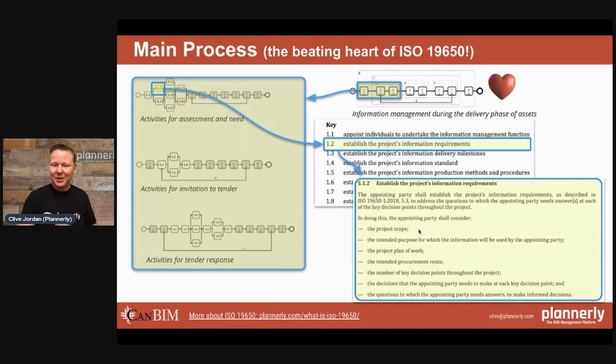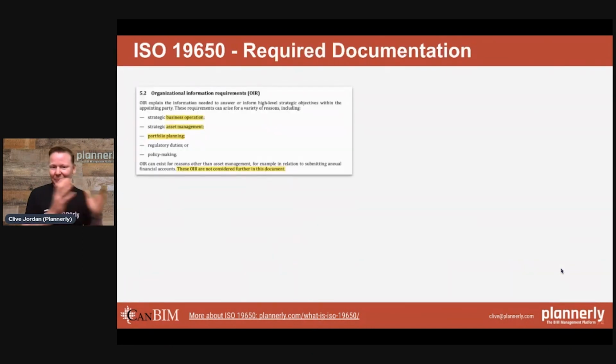That's a very familiar term. The plan of work, the procurement route, all of these different things, but essentially being able to define something so that they can make an informed decision on who they're appointing. That workflow, from an ISO 19650 perspective, calls out many documents and resources. They range from organizational requirements, where we need to understand the business.